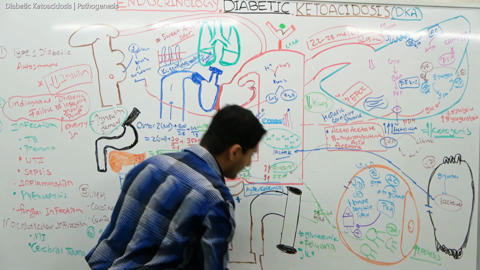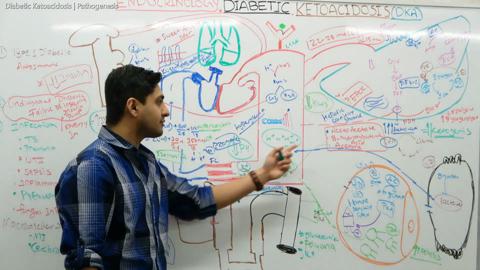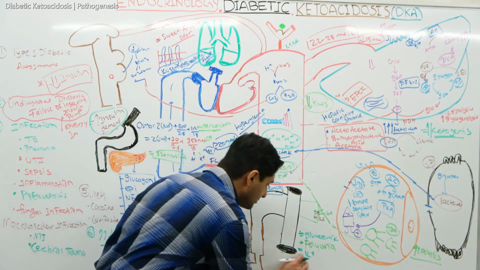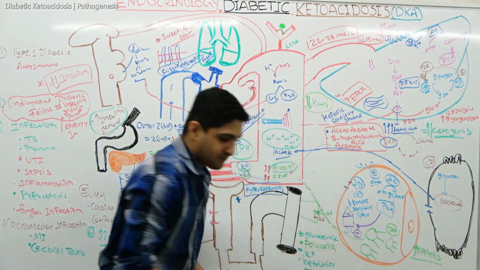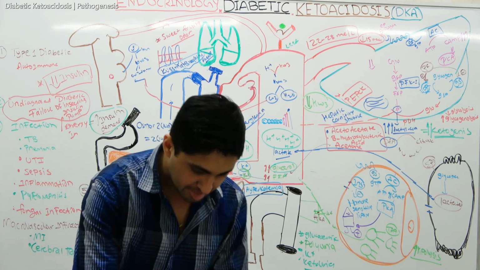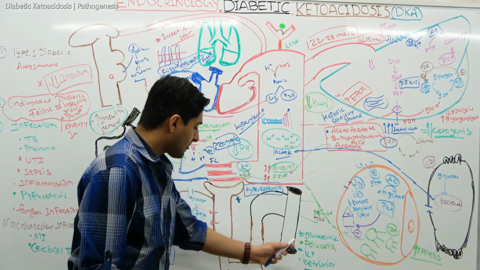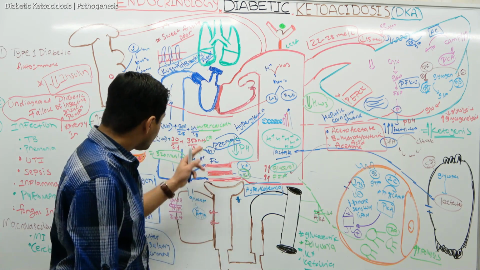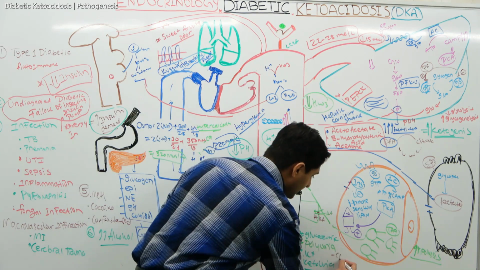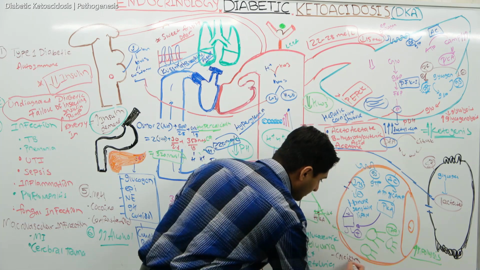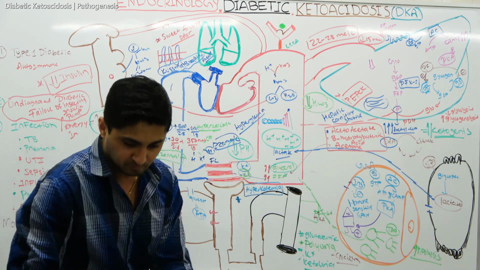Not only this, look at what is accumulating here, a lot of ketone bodies. This ketone body, you see a ketonuria too, because the ketones are also going to go down. Not only that, look, what is happening with hypercalcemia? Calcium is also lost, so your calciuria is also there, okay? You're going to see calciuria too.